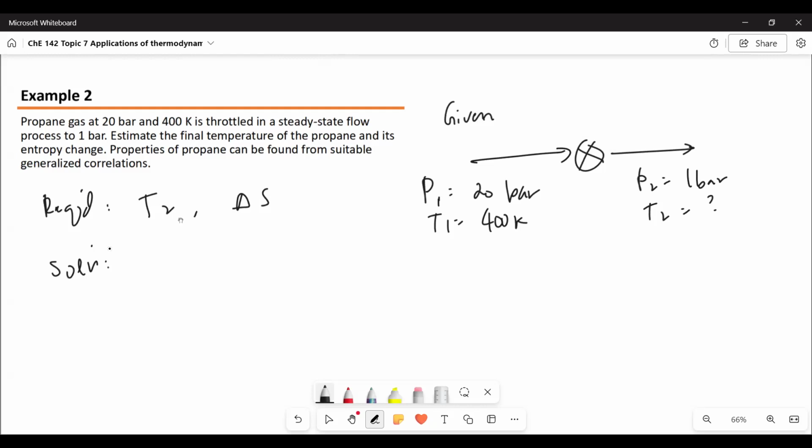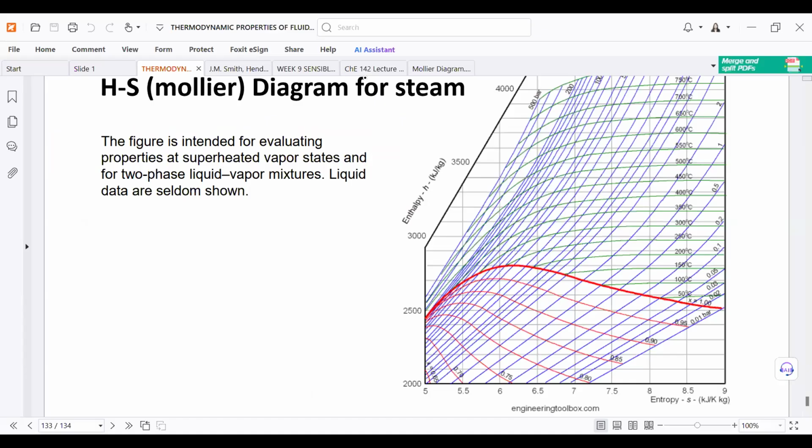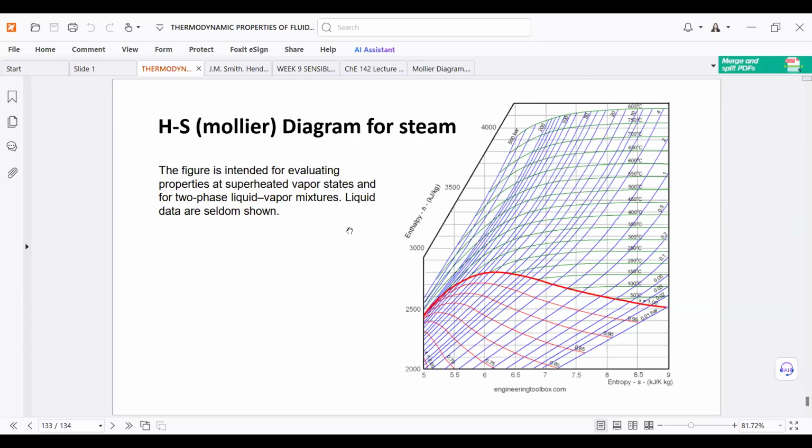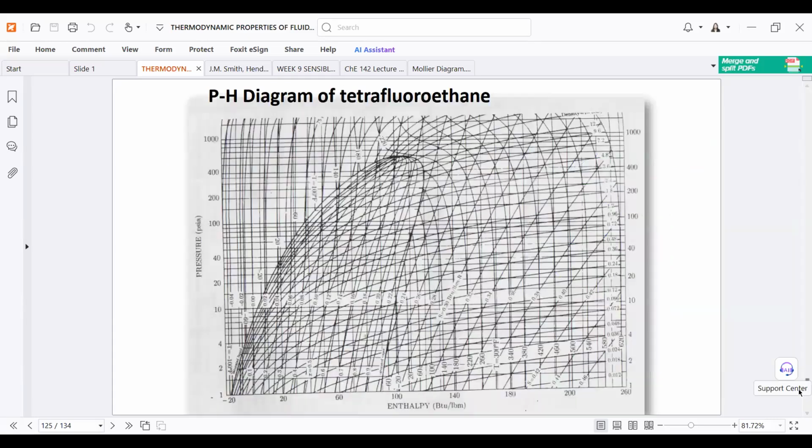For the solution, what equation can we use to solve for T2? By the way, we can't solve delta S unless we know T2, so we first solve for T2. For a real gas, let me go back to the lecture. Actually, it's the previous lecture, not this one. Okay, it's the previous lecture. We go back to the equation